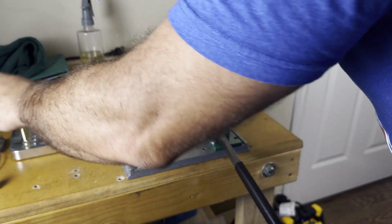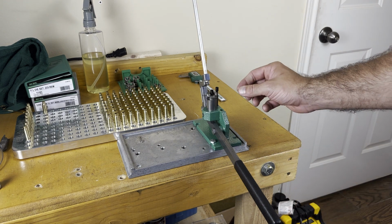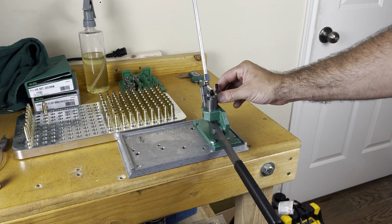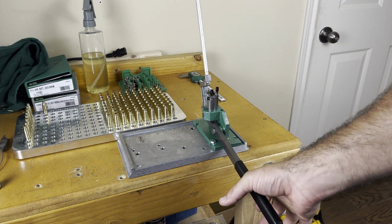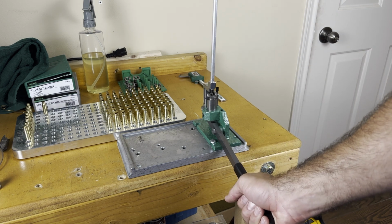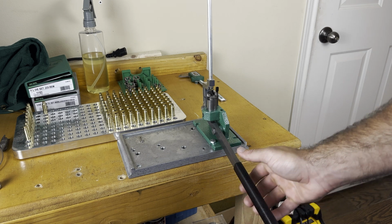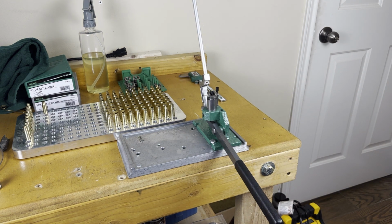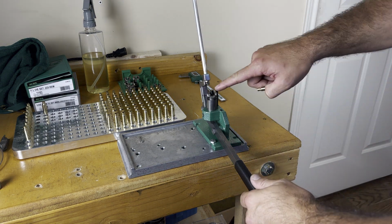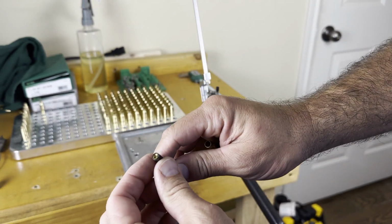And then what's going to happen is you have to put a primer in the priming arm, and it does have a large and a small, so we have the small installed. So what you're going to do is you press down on the handle, it grabs a primer, right? And once you now have the primer in the primer cup,